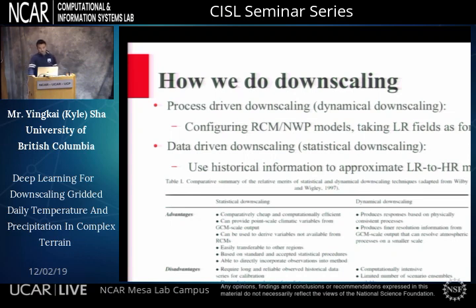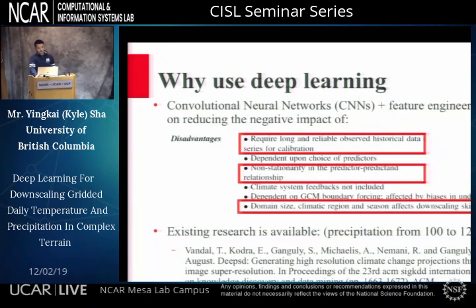And then the pros and cons of these two approaches have been well studied, with the dynamical downscaling having better interpretation by configuring a concrete numerical model, and then statistical downscaling is more flexible on matching the end user requirements. But then if we look at the disadvantages of statistical downscaling, for example, the strong reliance on observation, domain size, climate region, including the case of complex terrain, these disadvantages actually hurt, and this is why convolutional neural networks can come into play, because by combining with feature engineering, this is the approach that can reduce the disadvantages of